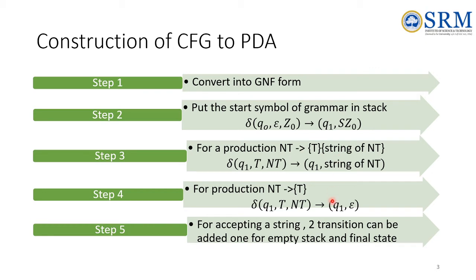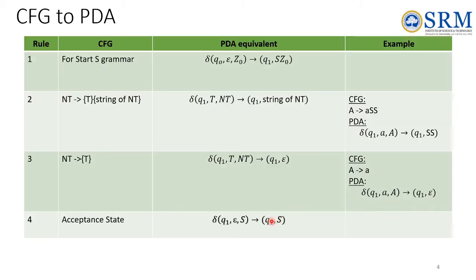So easily in this way you can convert that into a PDA, and for acceptance you can write it by yourself, because the top of the stack is X. So if there is no input, epsilon, δ(Q, ε, S) means you can go to the final state, something like that you can write it. Let me show you in a still easier way, in a tabular way.